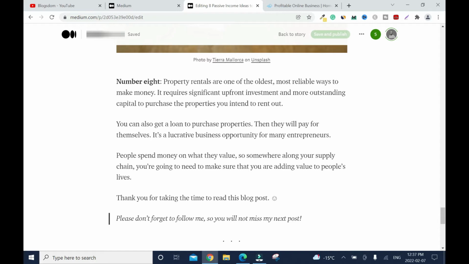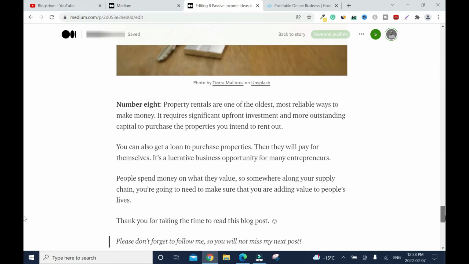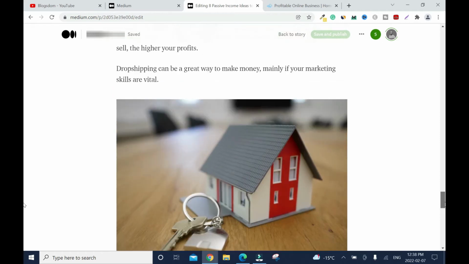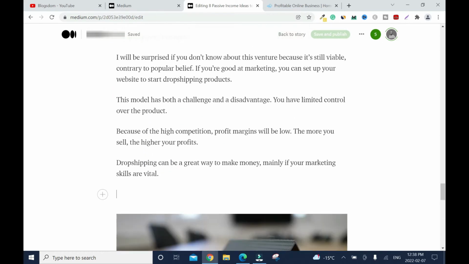So what I can do prior to the 8th, which means the person is interested, and sometimes people can scroll down, they will not read through, but they will just scroll down and they would like to find out what the whole story is about. So what I will do, I can normally, it's good to put it here, but sometimes people don't read all the way down, so I'll go a little bit up, and before this, click here, enter.